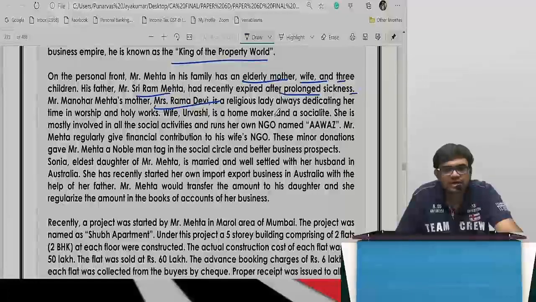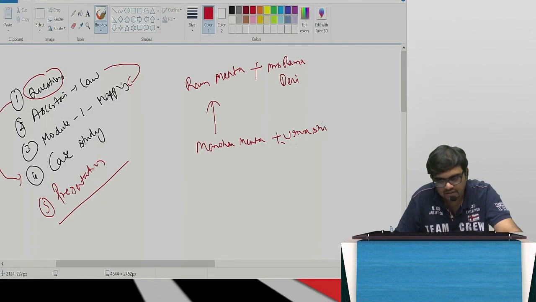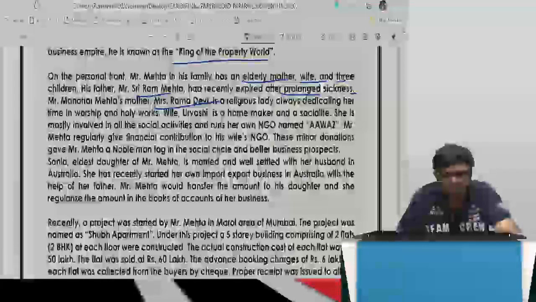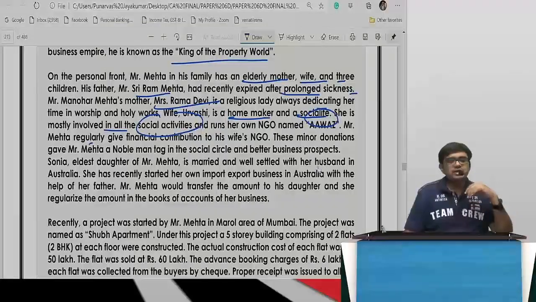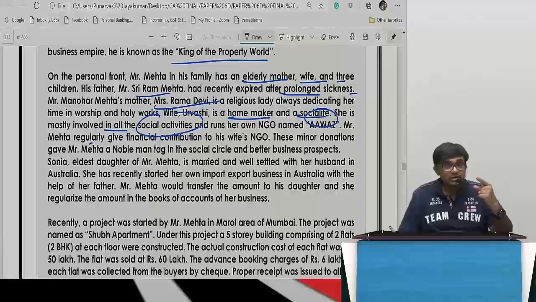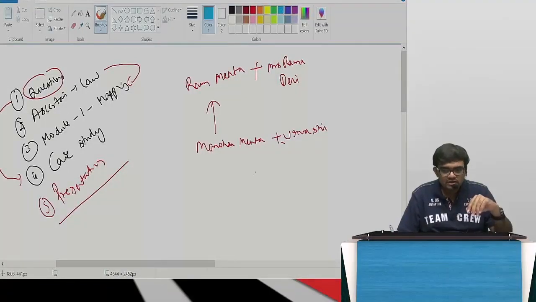Is a religious lady. Wife, Urvashi madam. Urvashi madam is the wife, Manohar Mehta's wife. She runs an NGO and all, a homemaker and socialite, mostly involved in social activities, runs her NGO named Awaz. Mr. Mehta regularly gives financial contribution. The moment you say financial contribution, Benami, all that will come. So, all this money will be given to Urvashi's